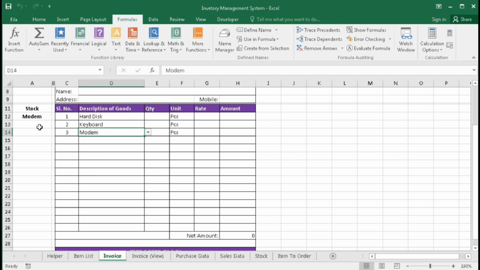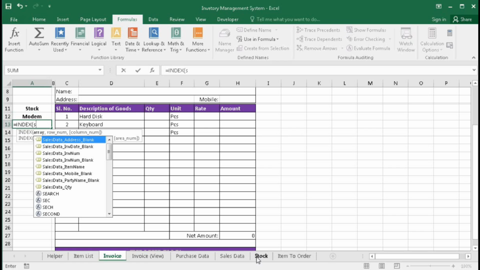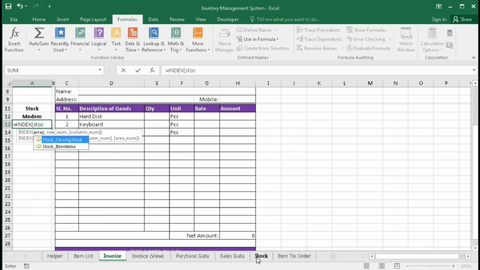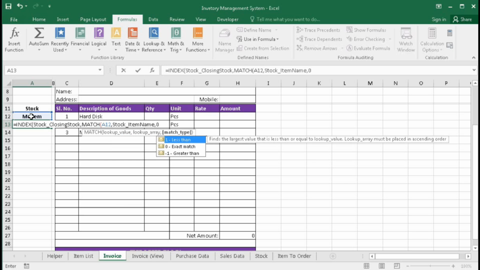Now we should fetch the current stock of this item. So here equal to INDEX(array should be from the stock, stock closing stock, MATCH(the lookup value will be this one, lookup array will be stock item name, 0 for exact match)).